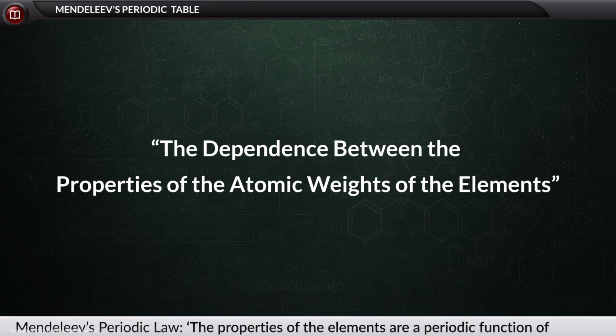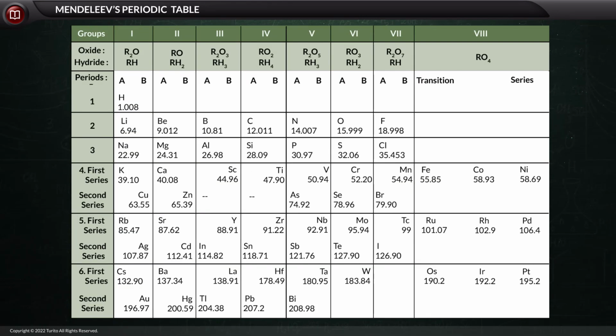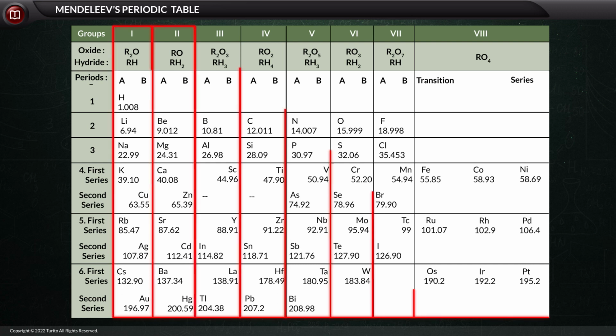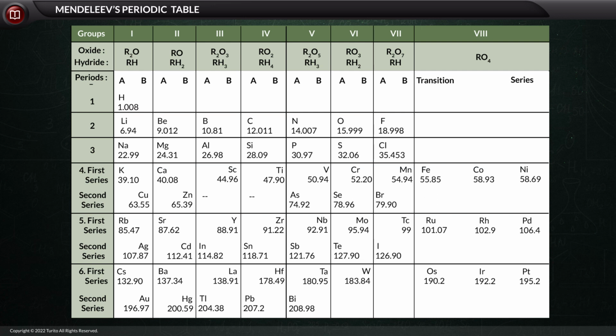So, what was his periodic table about? Let us have a look at Mendeleev's periodic table. We observe that, 1. There are 8 vertical columns, which are called groups, and 7 horizontal rows, which are called periods. 2. The first 7 groups had 2 subgroups each, and the properties of elements in each subgroup were the same. 3. Mendeleev said the elements in a group had the same valency.